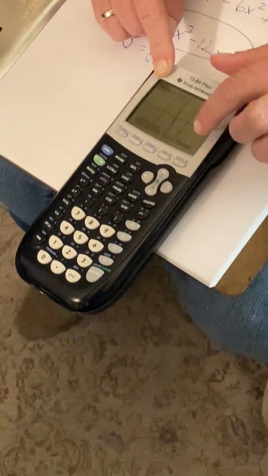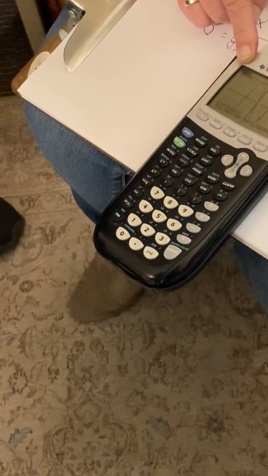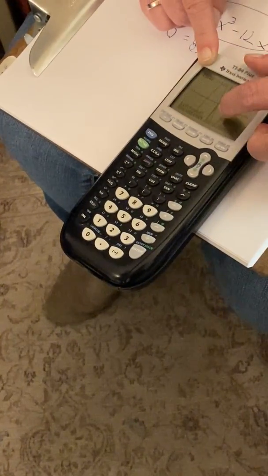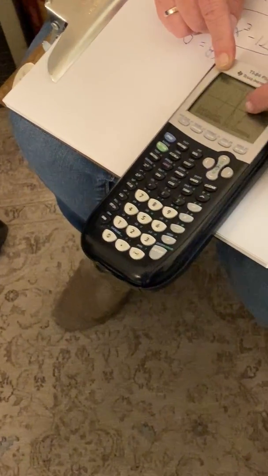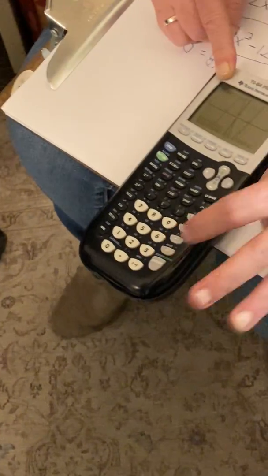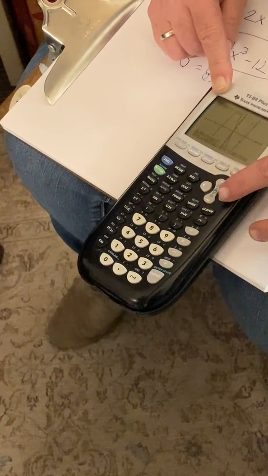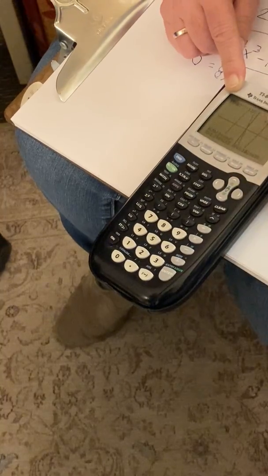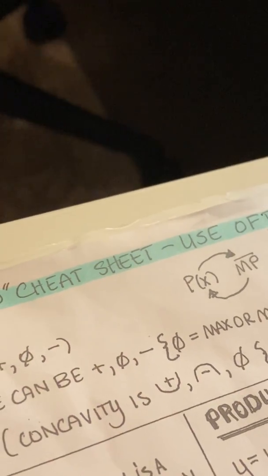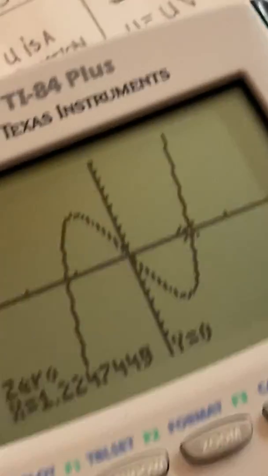When I set my cursor a little bit to the left of this point, it's dropping the left bound. See how that's going to stay put? Now I want right bound, which is a little bit to the right of that point. So I hit enter, and then I hit enter again, and it's going to converge on the solution, which is